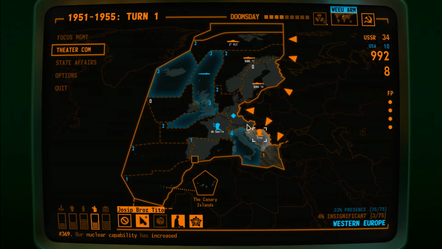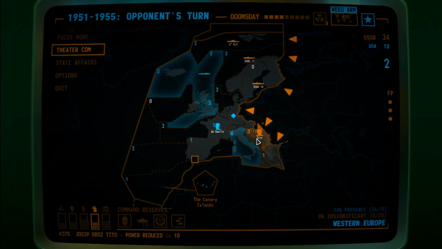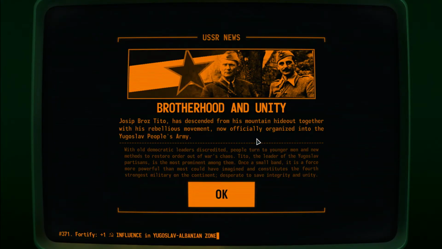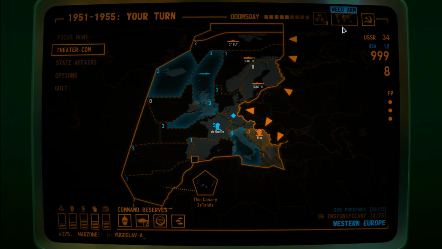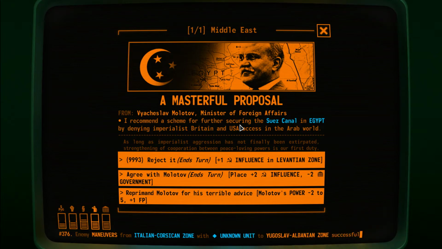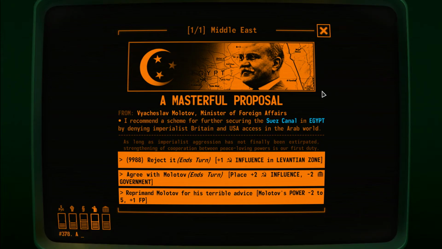So they need to declare war on Tito. Let's do this. Oh, okay, so this is Tito's event chain, Brotherhood and Unity. So he's declaring war on Tito. Masterful proposal. All of these end my turn. Do I need to do anything? Not that I'm aware of. So let's just get some...